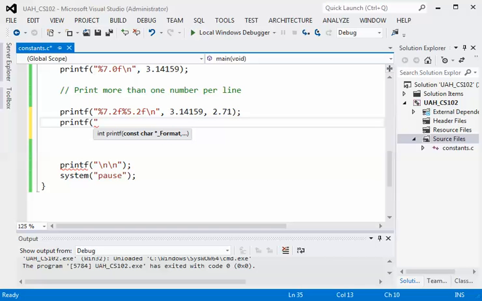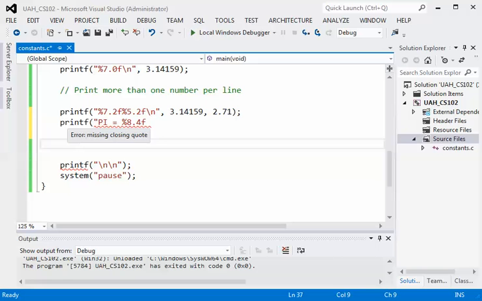So let's do a double quote, pi is equal to, and let's do a percent. Let's do 8.4 this time, f. All right, so that will print pi in a field width of 8 with precision 4. Then we're going to print